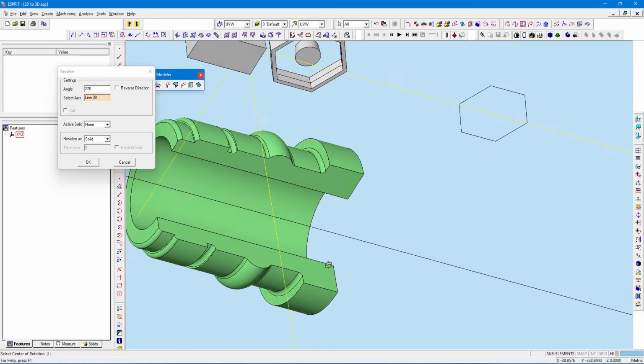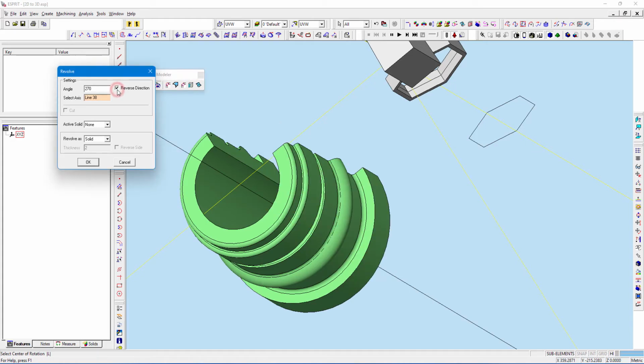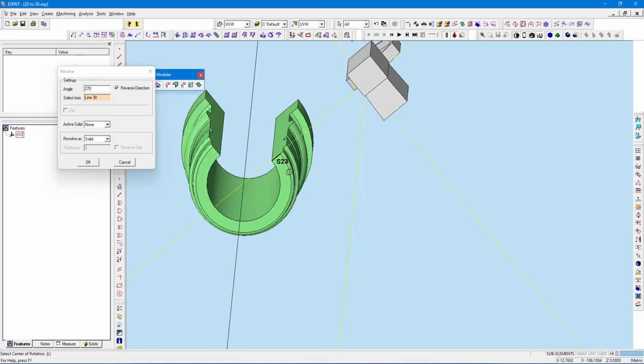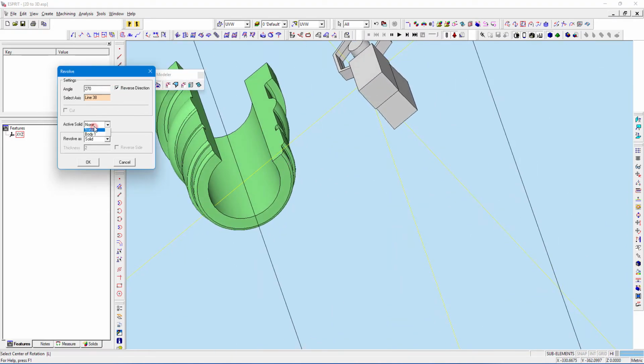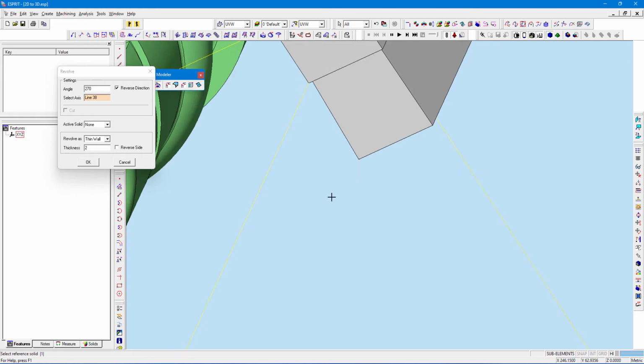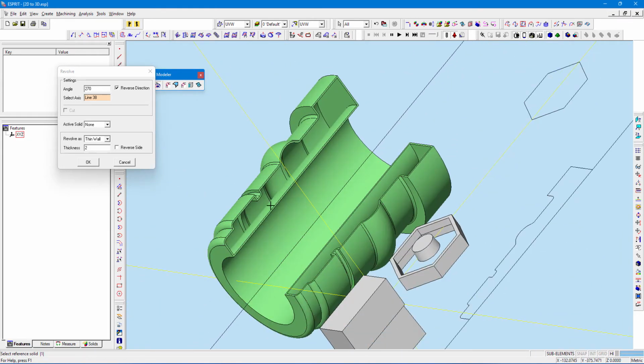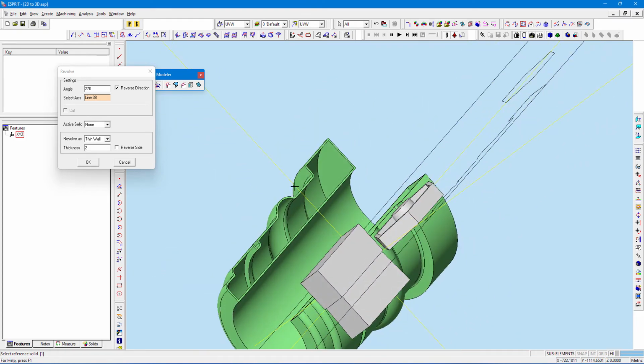If you want to roll it out, if you see there is a 270 degree, so it is in 270 degree only. If you want to change the direction, you can just click reverse direction, and the angle is changed automatically. And next, you can choose thin wall, if you are designing a plastic mold, so you may have this thickness, you just need the outer things, you can carry it out.